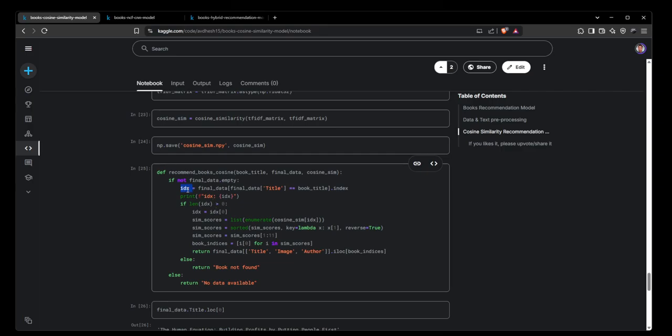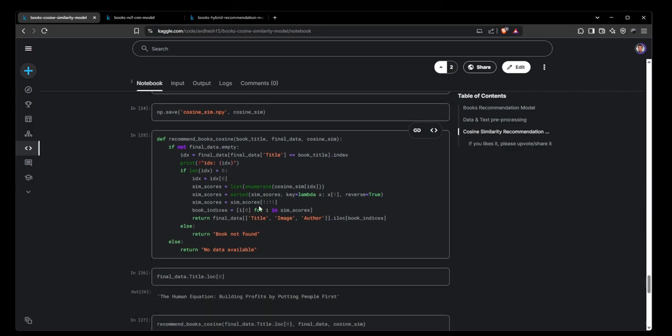Then I used that ID to find from the cosine similarity and enumerate from the whole cosine similarity database, and extract the whole list which is very much similar to that index, and I have sorted based on the similarity scores. Okay, then at last from them I have recommended 10 books. So extracting the 10 books and storing the similarity scores, and the similarity scores will provide the index